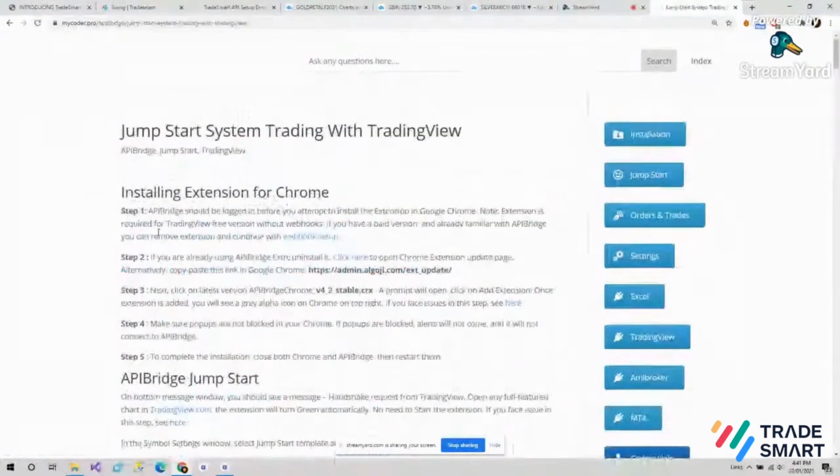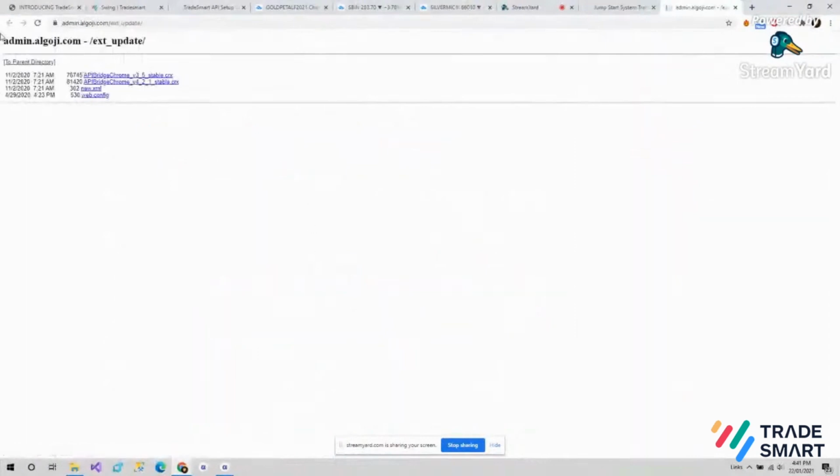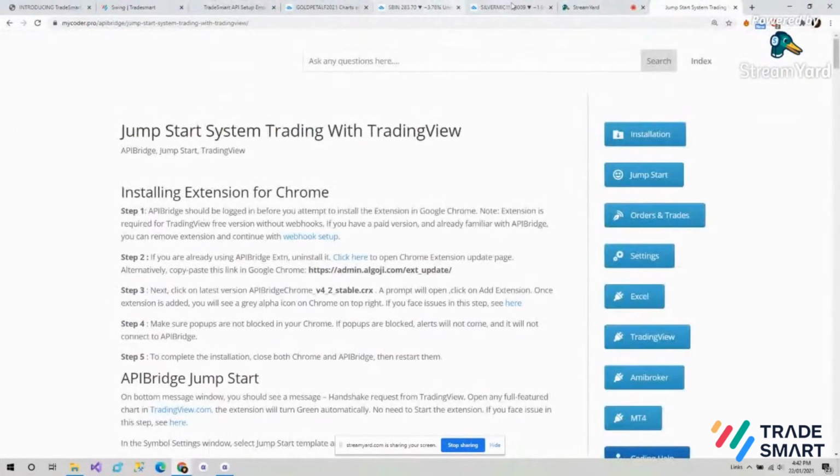And here in step 2, you will find a link to click here to add the Chrome extension. So I'll click on the extension. Add extension will appear, and then a pop-up will appear that the API Bridge extension has been added to Chrome. Now we can close this.